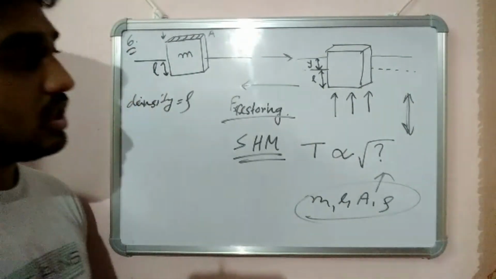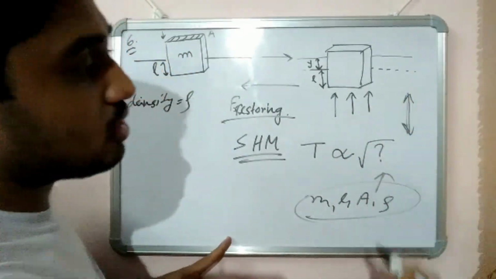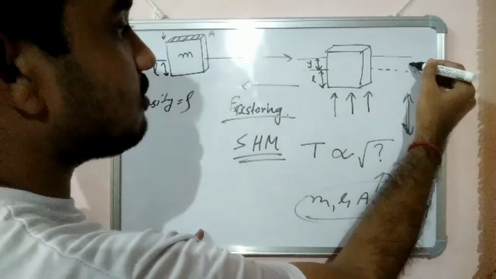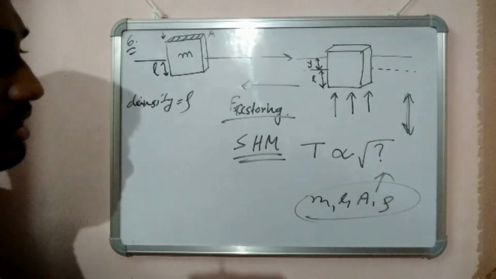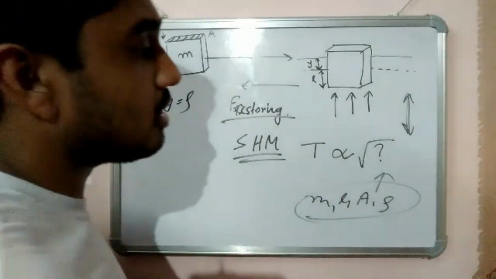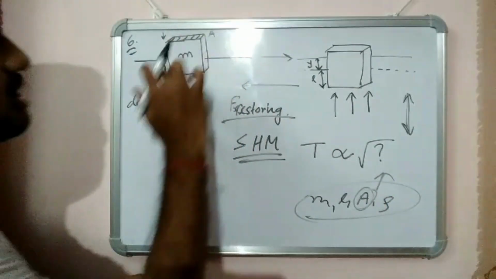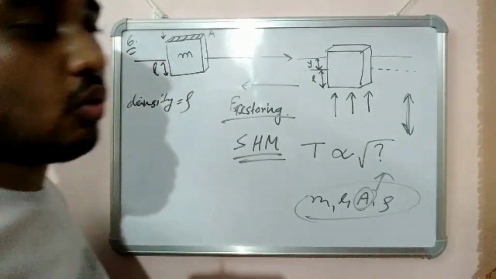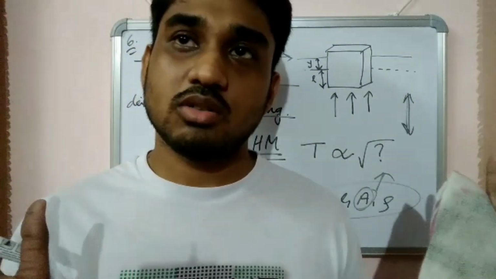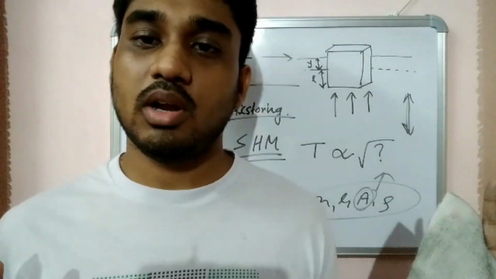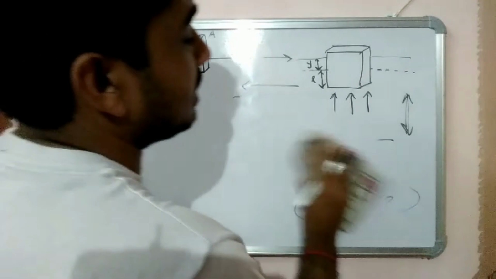And remember one thing, there is only the buoyant force downside from the downwards position, no side force is here. So you can guess from this that the buoyant force, or the time period, will depend only on A, that is the cross sectional area. The higher the cross sectional area, the lower the time period. That is, the wider the object, or the wider the surface of the body, the lower the time period. You can guess, but you will do it mathematically.